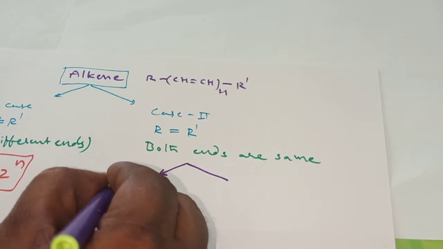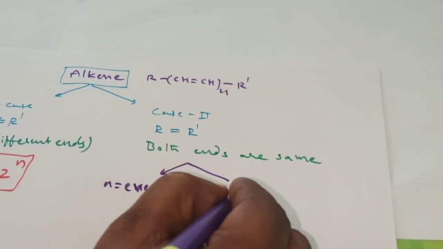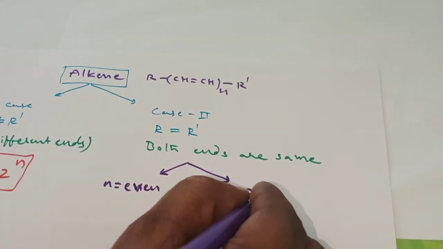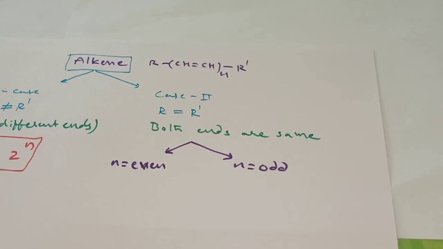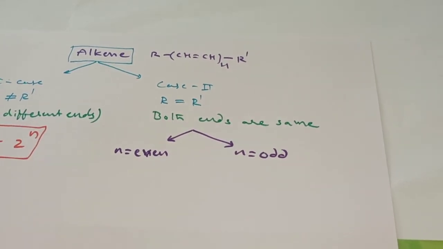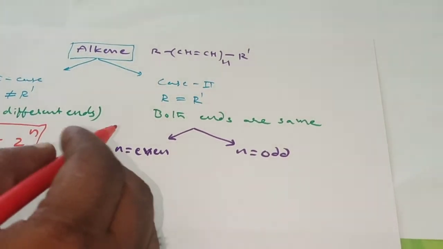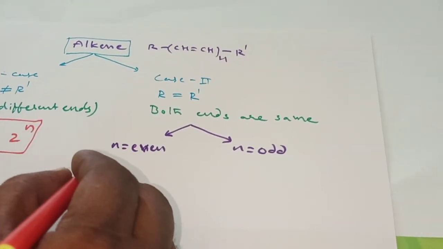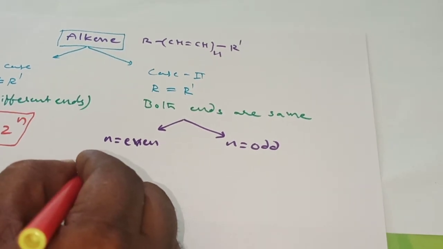So if n is even, and if n is odd, we have different formulas to calculate the number of geometrical isomers. Here, I'm telling you the formula to calculate the number of geometrical isomers if n is even. If an even number of double bonds are there with the same ends, the number of possible geometrical isomers are 2 to the power n